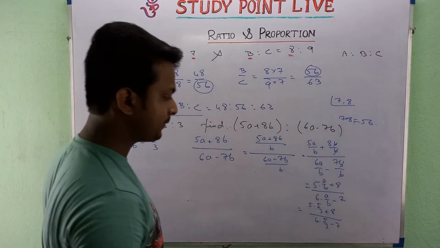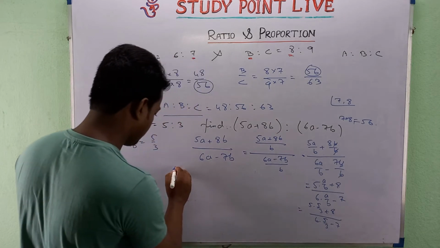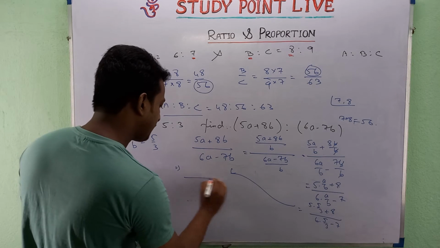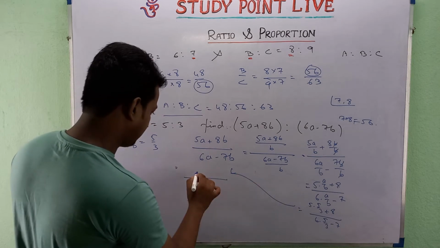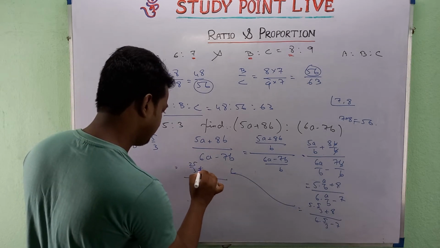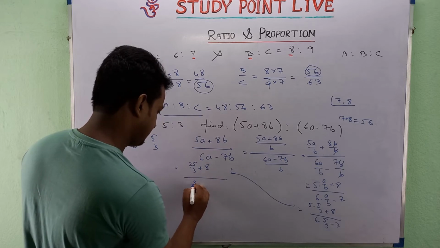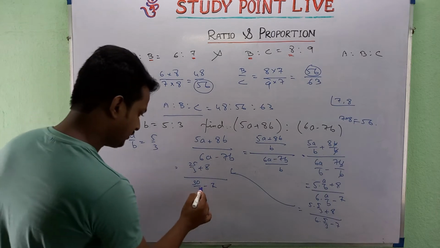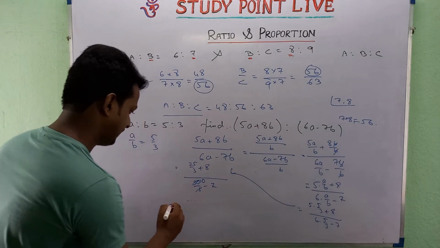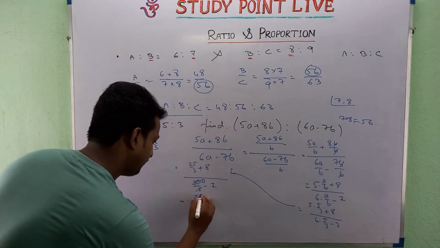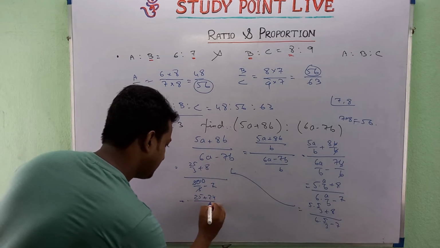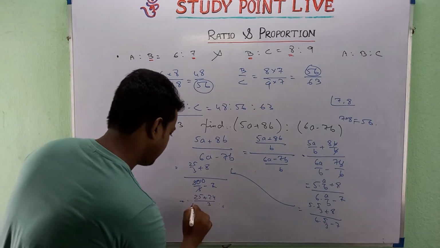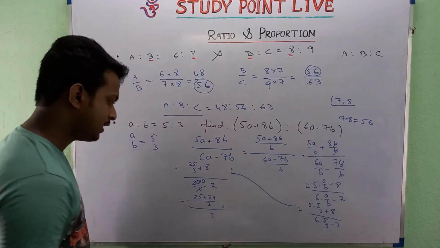So you have to calculate it. See the calculation over here. I'm doing the calculation over here. See, it will be 25 by 3 plus 8 and 30 by 3 minus 7. Got it? So if we cut this, it will be 10, and 25 plus 24 by 3 into, here it was 10, okay, write down 3 over here.